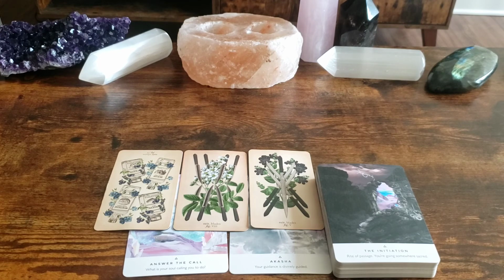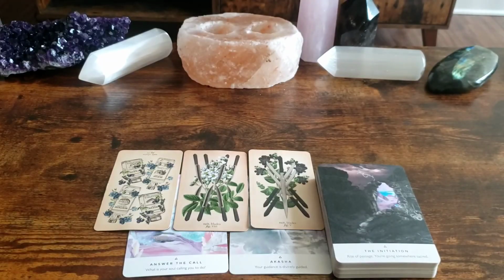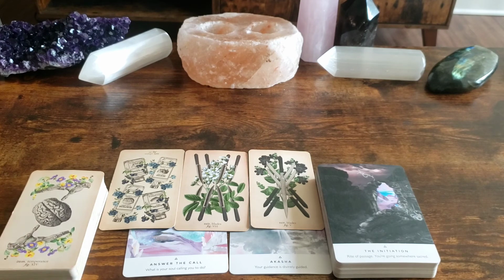You've got Temperance. Okay, number 14, which talks about alchemy. I associate it with moderation. It is ruled by Sagittarius energy, which is growing, expanding, Jupiter energy. So it's like growing beyond where you've been, right? That Four of Elixirs reversed is saying it's time to grow. It's time to take that next step, that next phase, that initiation into a new situation,